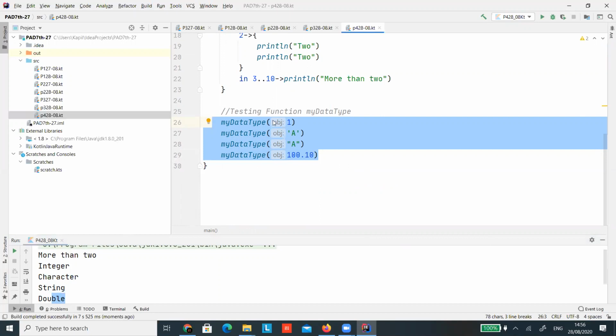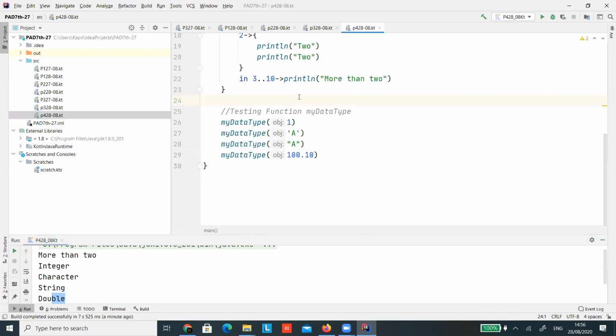Okay, so I'm just saving this code. Let me recall what we are missing. We have done constructor overloading. This one is done. This one is done. Have we discussed extension function?